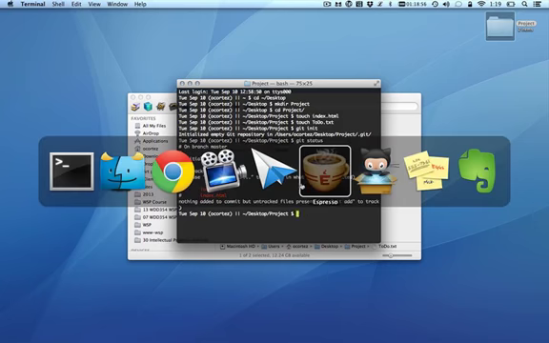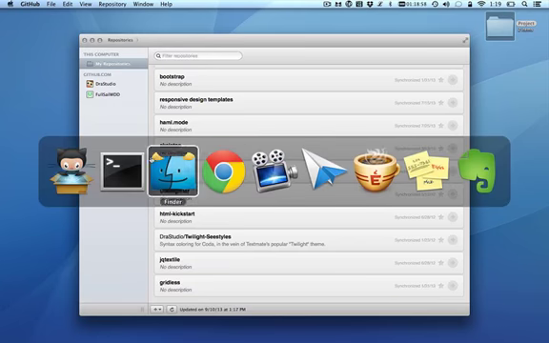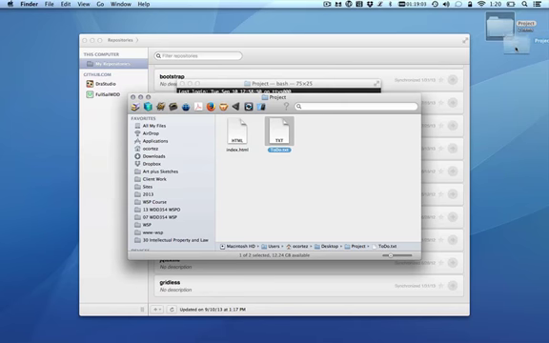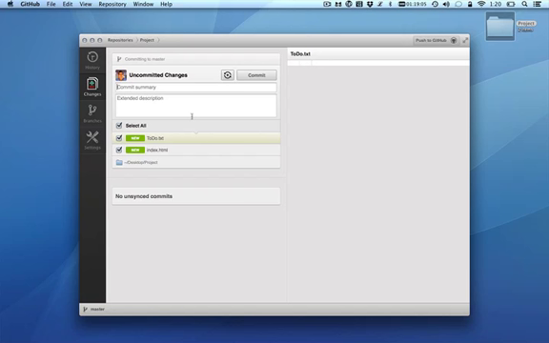Actually, let me show you as well. If I open up GitHub the application, let me drag this project into GitHub the application so you can see I'm seeing the same information. I have 2 things to track there. Wonderful. If I wanted to, I could go ahead and commit these as my initial commit, but like I said,